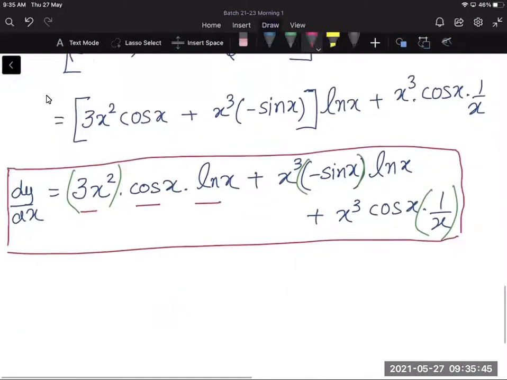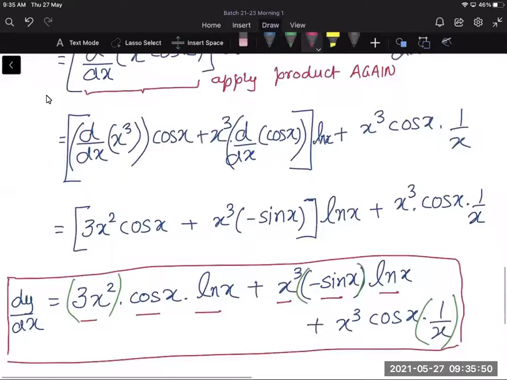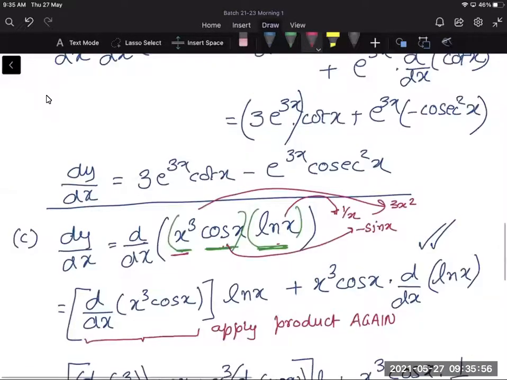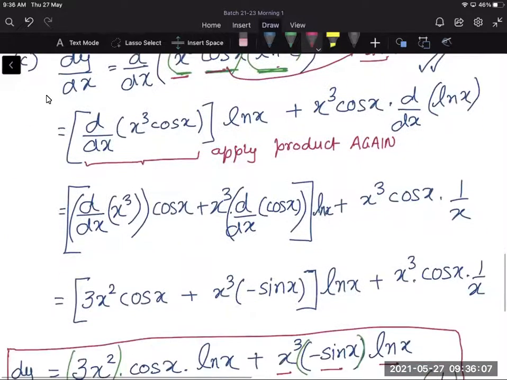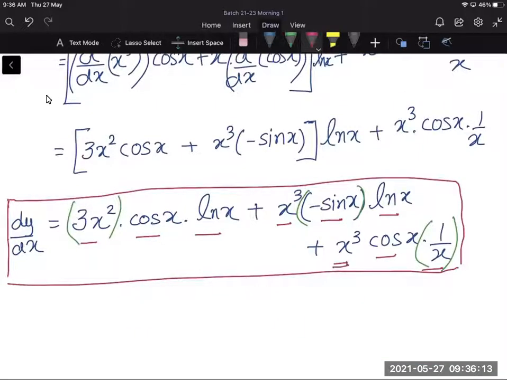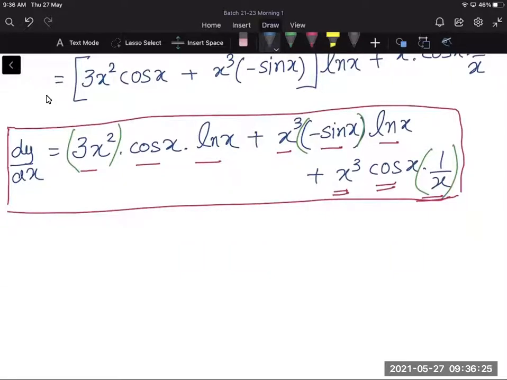Okay. Plus x cube into minus sine x into ln x. And I know that the differentiation of cosine x is minus sine x. So in the second term, the first term is left alone, the second term is differentiated, and the third term is left alone. Right? And then we have plus x cube cosine x into 1 by x. So in this case, what has happened? First term is left alone, second term is left alone, and the third term is differentiated, right? And I can actually write this. I hope everybody is seeing this pattern. I can write this as